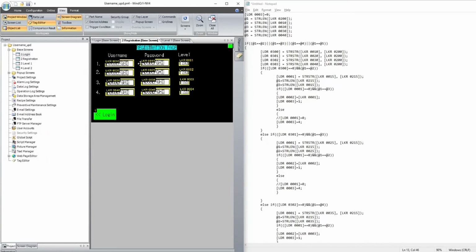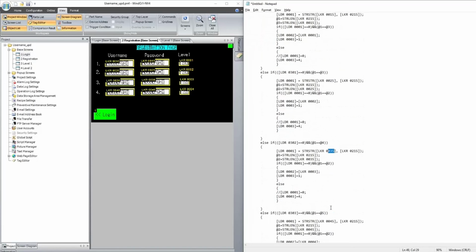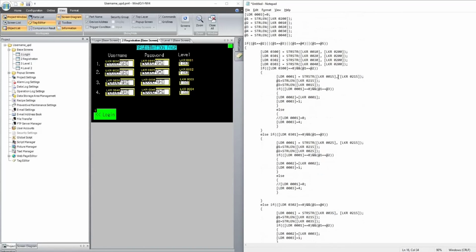Because in registration page, once I am through the first username, the first username's password starting register is 15. Second username's password is 25, 35, and 45 respectively. So you can see it here, 25, 35, and 45 respectively. So I'm comparing 215 register with 15.